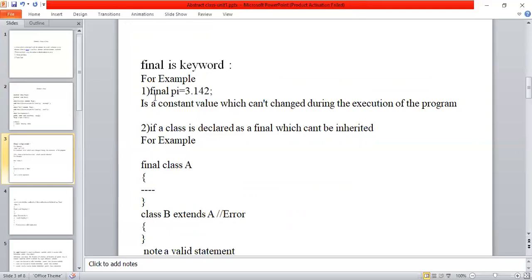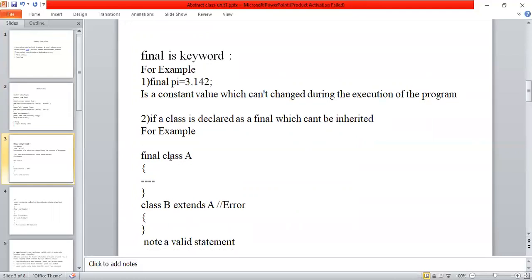Similarly, if a class is declared as final, it cannot be inherited. Suppose I have class A, and I define this class A with the final keyword. Then I cannot extend this A class.